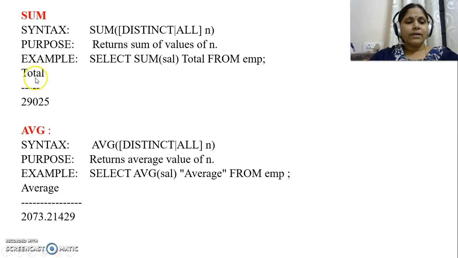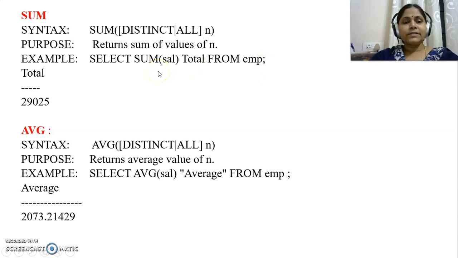For example, I will be considering the sum aggregate function. The syntax of the sum aggregate function is sum of distinct, all or n. The purpose of this function is it returns the sum of all the values of n. For example, select sum of sal total from EMP.